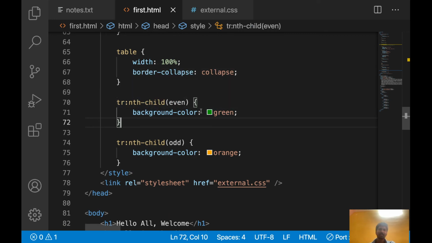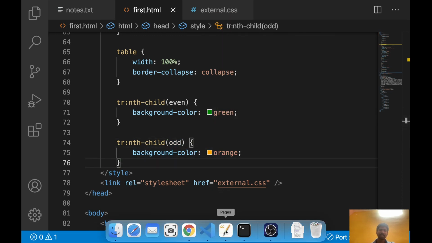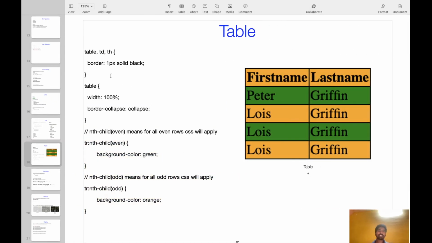Okay, for even rows green color will apply, for odd rows orange color will apply. Okay, so that is about styling part, table. So you can give some border like this. So I have applied for table, td, th, and for even rows you can apply like this, nth child of even, nth child of odd, like this.